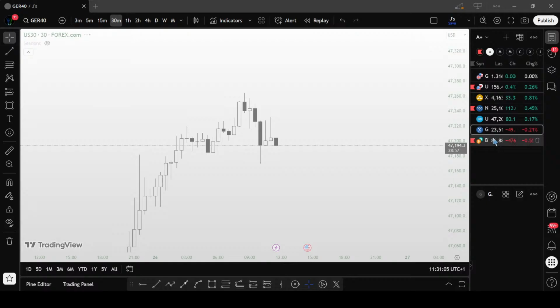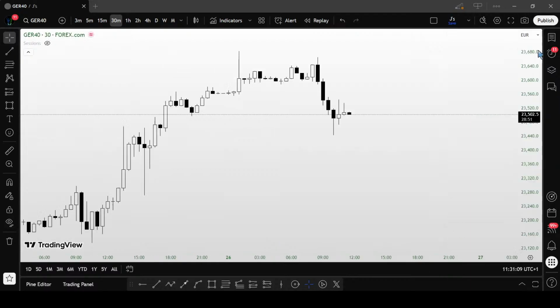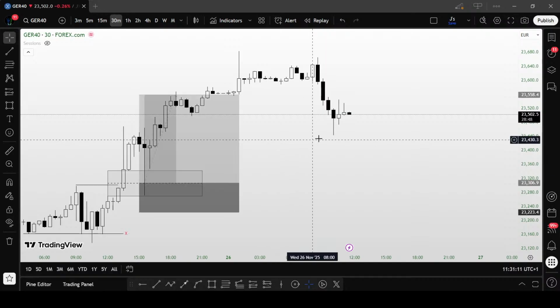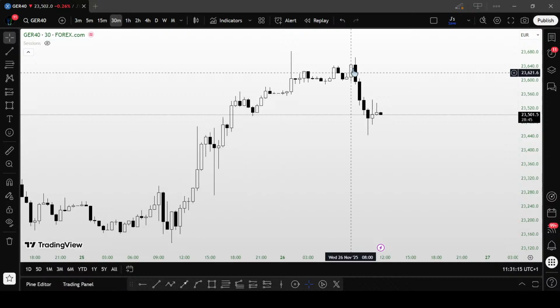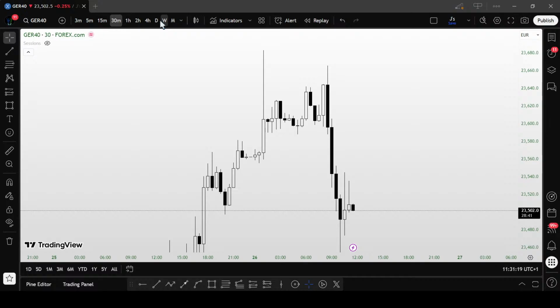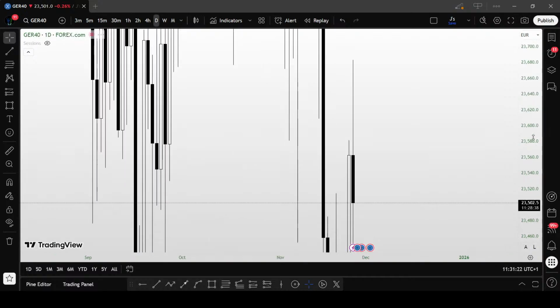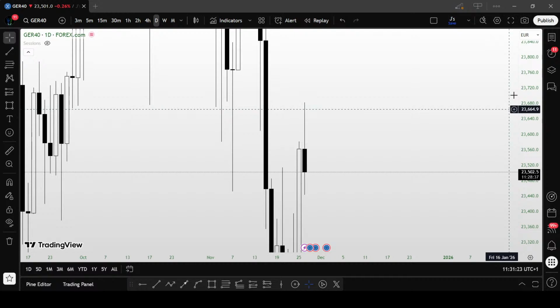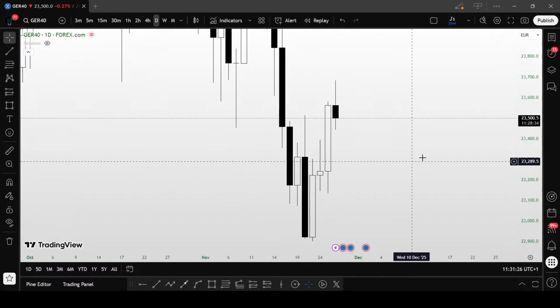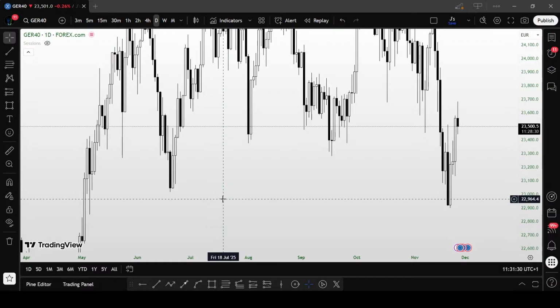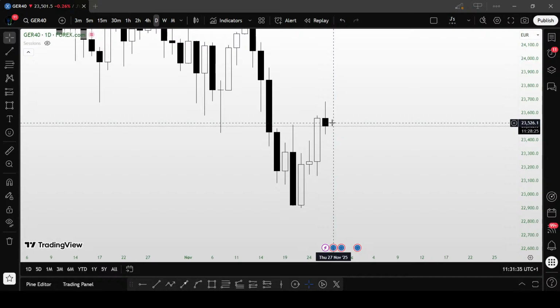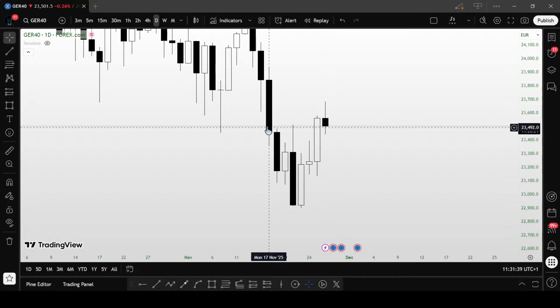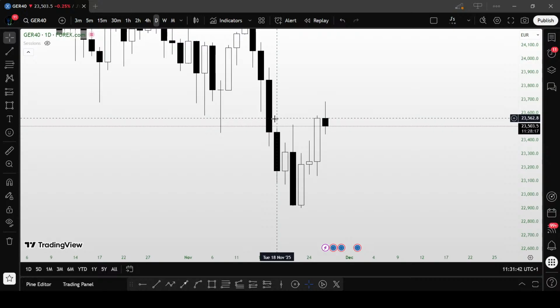What do we have on G40? On G40, let me clean this out. On G40, what do we have there? Daily time frame, from the daily all the way to the 1 hour. This is a little bit close bullish yesterday. You might close bullish again today, or if you wanted to react with anything, you would have reacted to this other fair value gap here, but I don't see the probability in that happening.